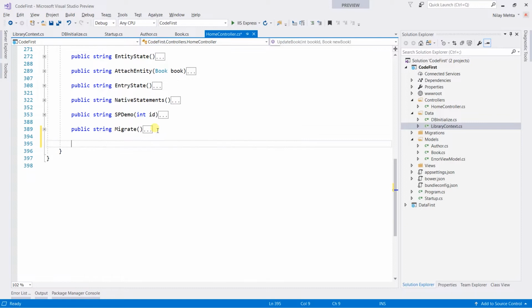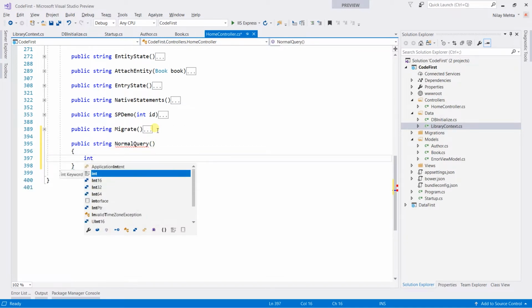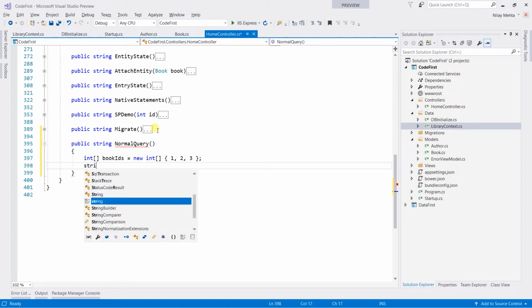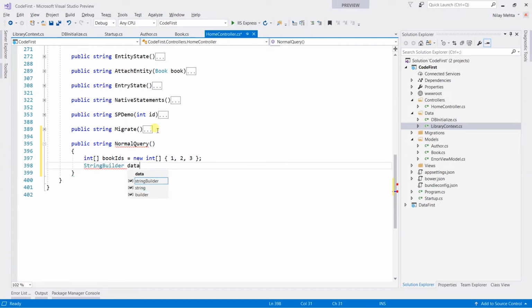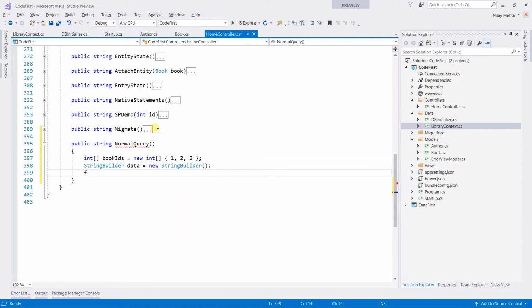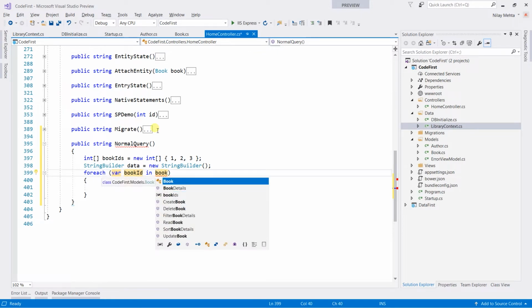Let's create it. Public string NormalQuery, in which I am going to create an integer array of book IDs equal to new int of 1, 2 and 3, and create a string builder in which we are going to store all our data, and create a foreach loop where bookId in bookIds,